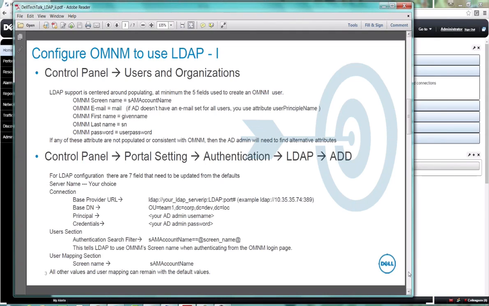The first part of this is, how do we configure LDAP? First of all, in Control Panel, Users and Organizations, where we normally create users, these are the fields. When you create a user, these are the fields that are required and thus need to map into an LDAP Active Directory. So for example, here, OMNM screen name,